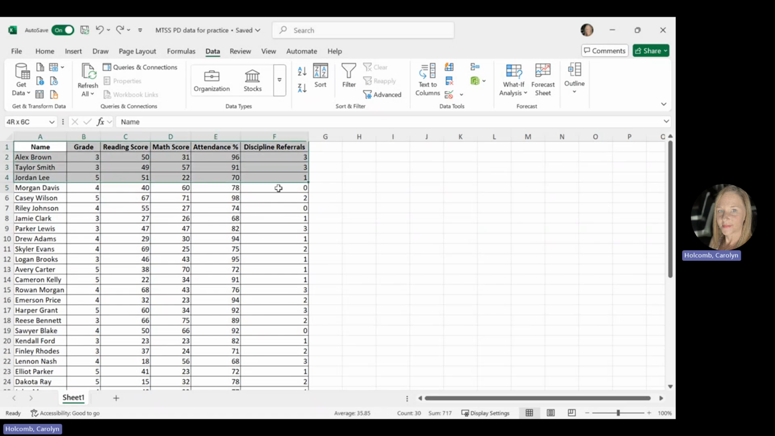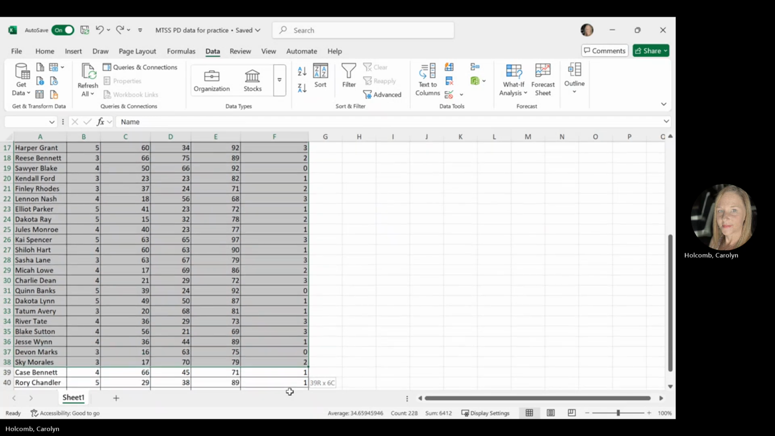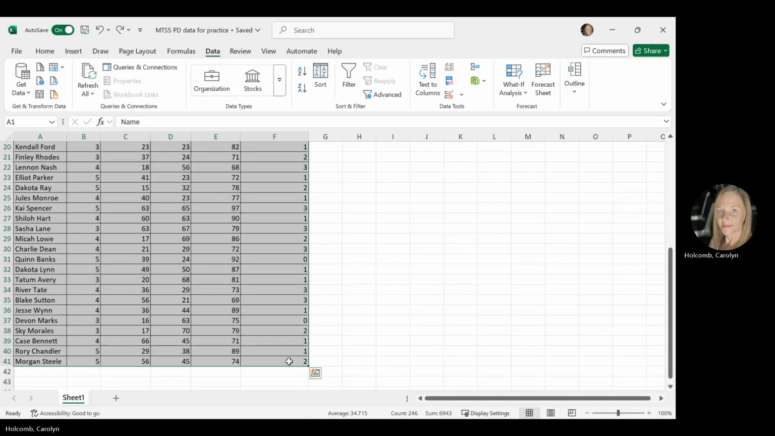First, you're going to highlight the entire data table. Now you're going to go to Data, which I already have up at the top. You click on Data, and you're going to click Filter. Then you're going to